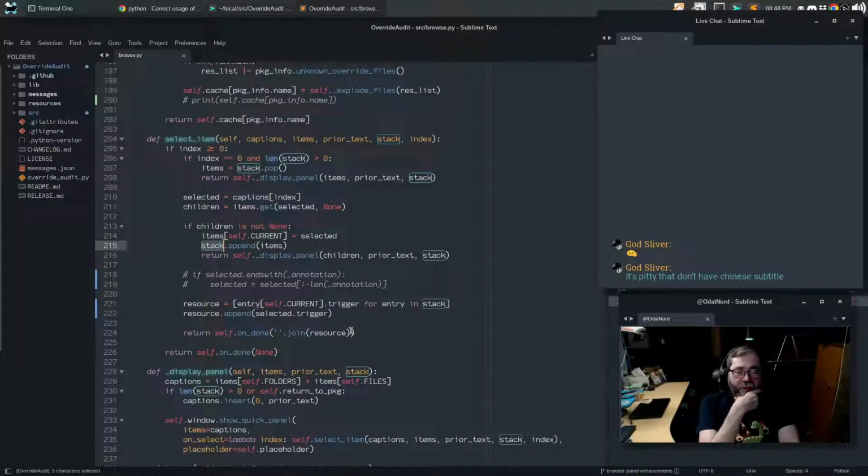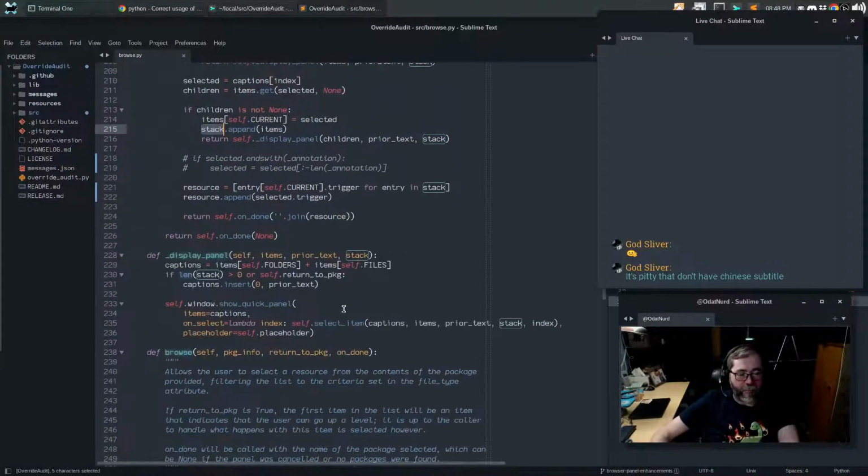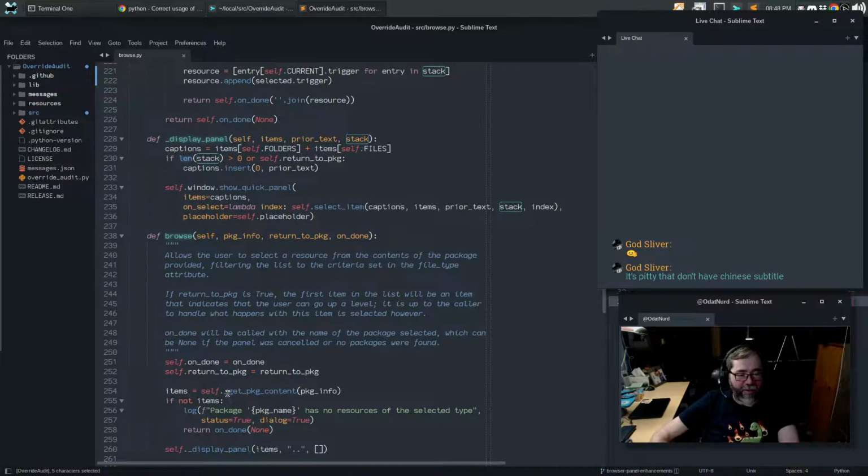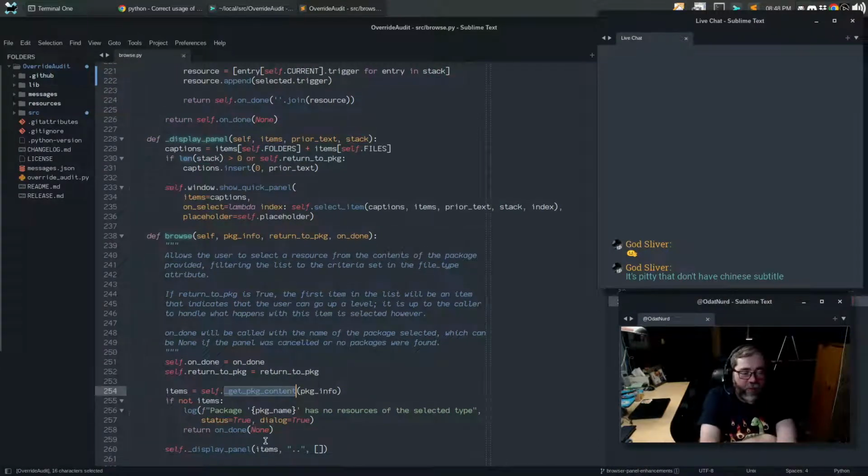If we think about this, this thing here is right now returning them as quick panel items, which means everything everywhere needs to know how to handle a quick panel item, which is why this is failed, because the object that it's looking up is a quick panel item. On the other hand,